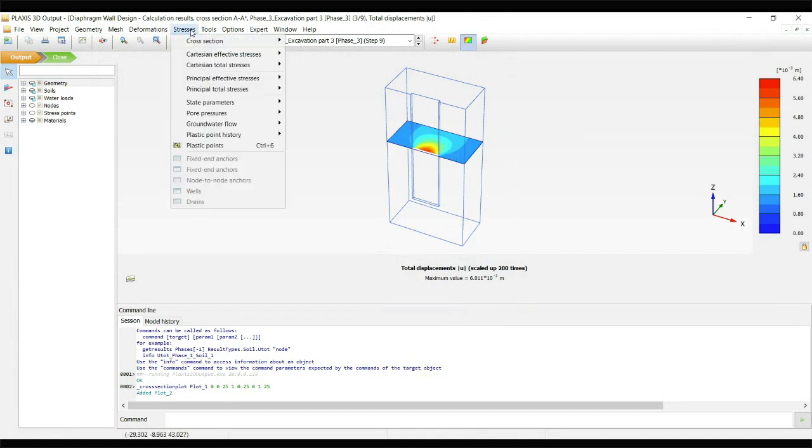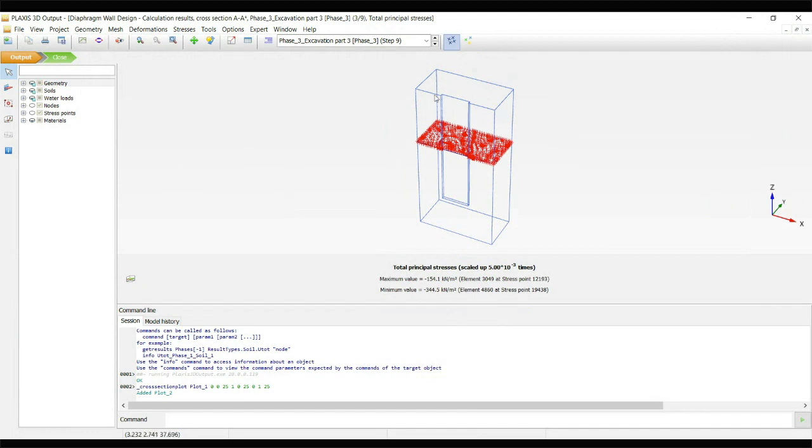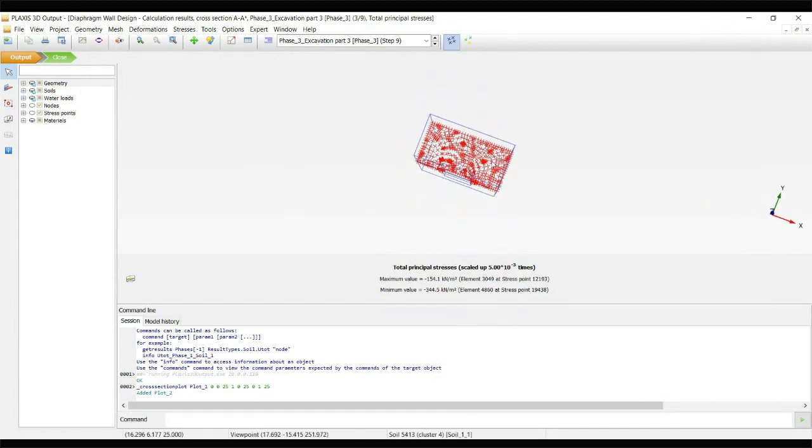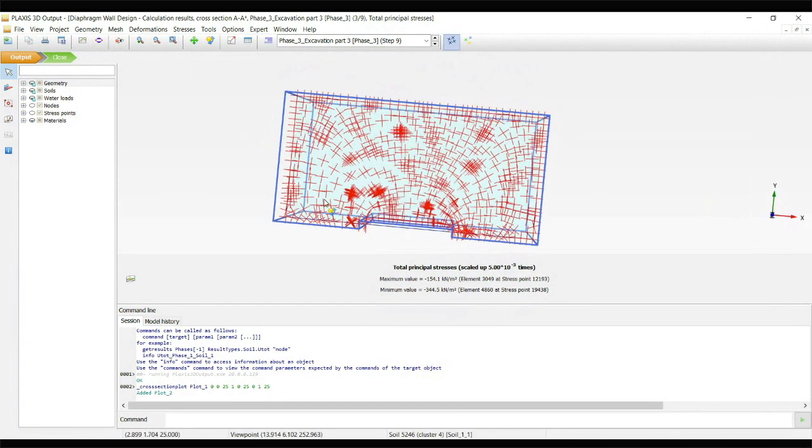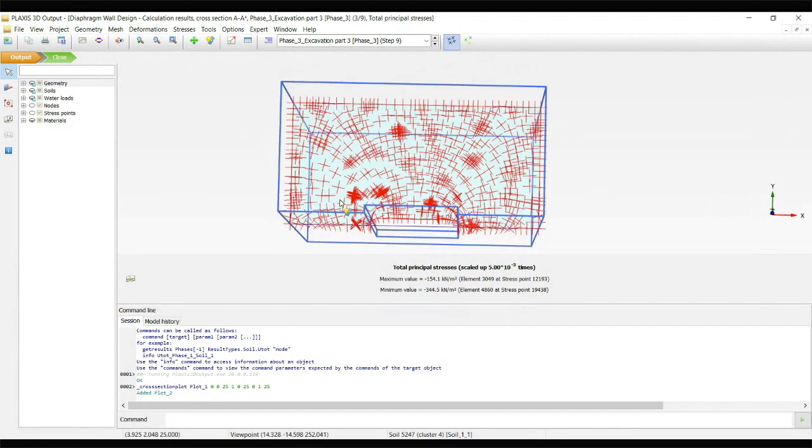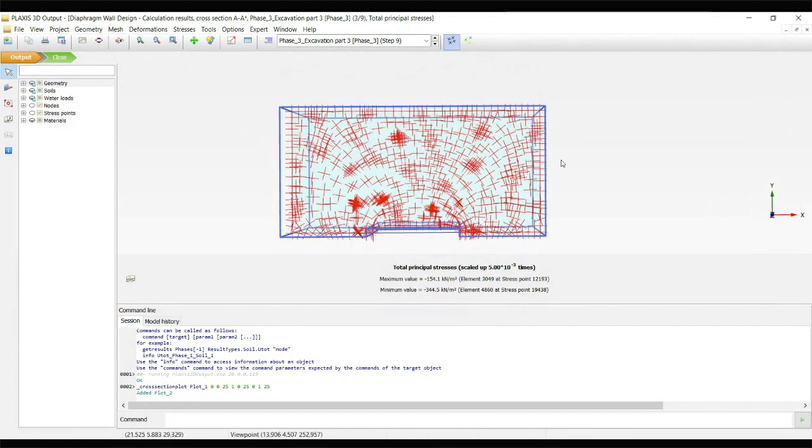So here the stresses, let's put total stress. This is the stress action at the 25-meter level. This is for the third excavation, the complete excavation. This arching effect you can view.